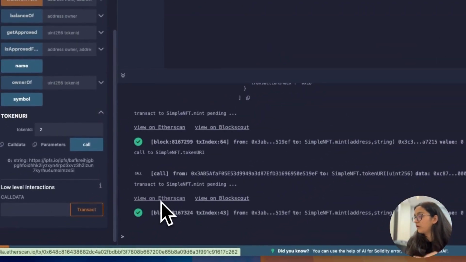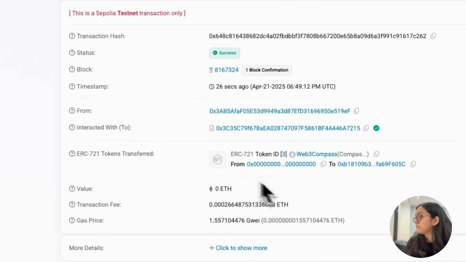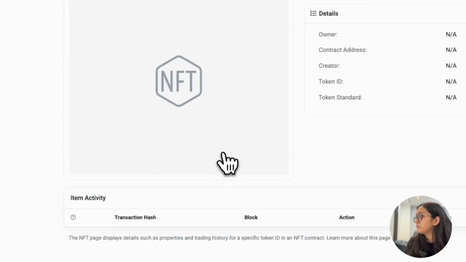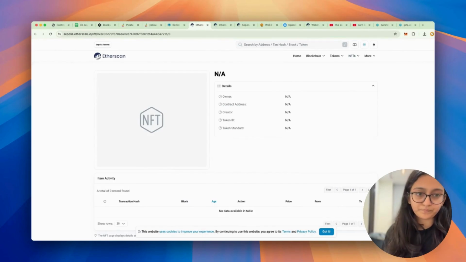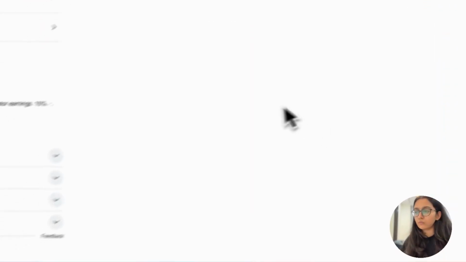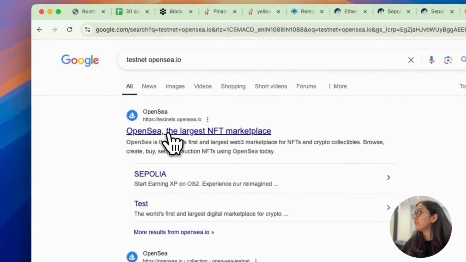Let's check on Etherscan. Okay. So for some reason, we're not able to see it online, but then we go to testnet